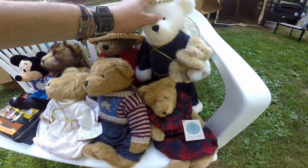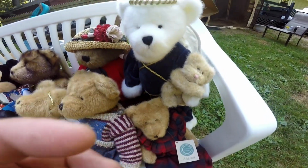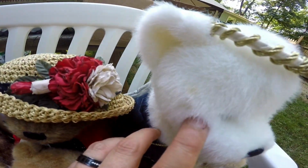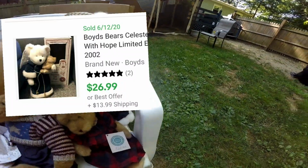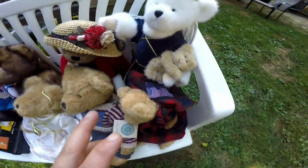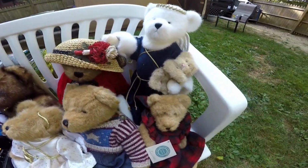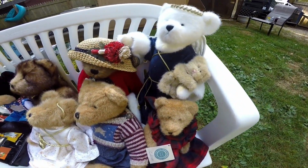The big angel right here is on the stand. It needs to be cleaned up a little bit. There's a little spot on his face, see that? But it's on a stand. You can see it's a collector's thing. Flip that around. So right off the rip, those are two really good finds. If we get $25 a piece for these, or even $20 a piece for these,